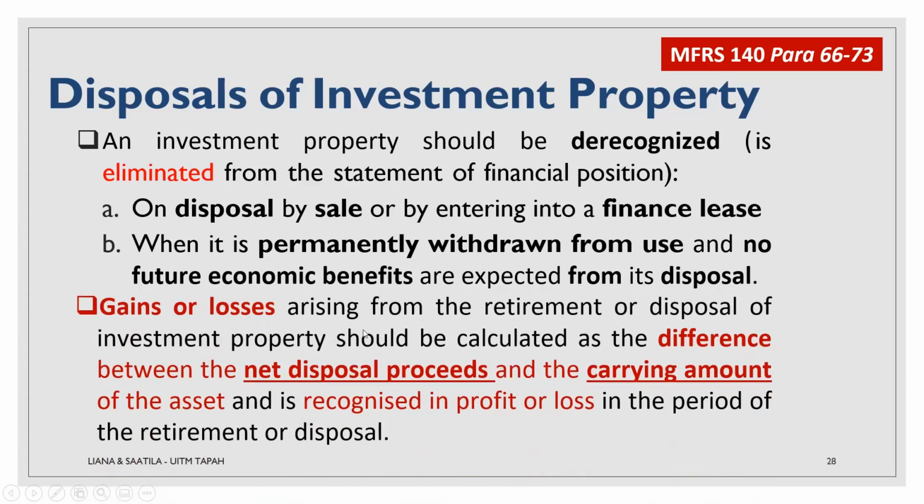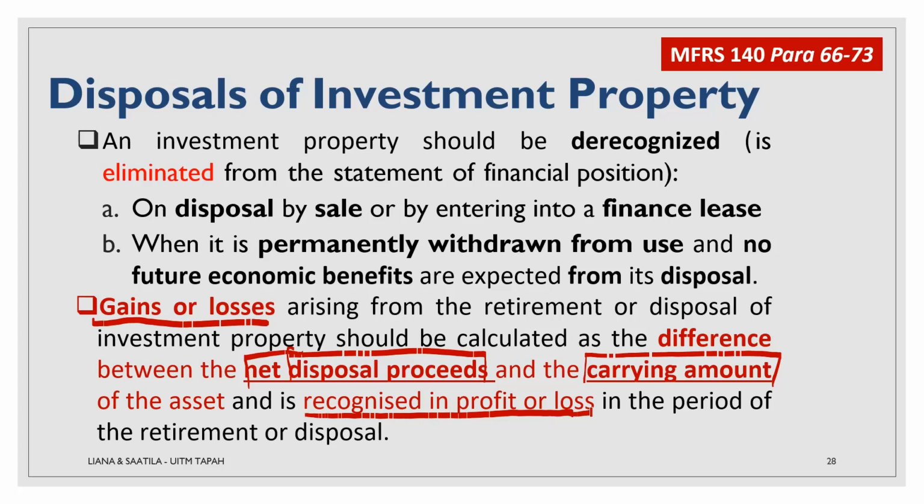So the gain or loss arising from the retirement or disposal of investment property should be calculated similar to the way under MFRS 116, where the difference between the net disposal proceeds and the carrying amount of the asset is recognized in profit or loss under other income if it's a gain or a profit, and it will be recognized as an expense